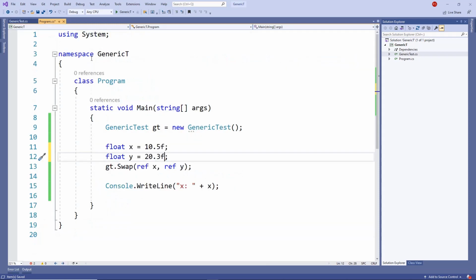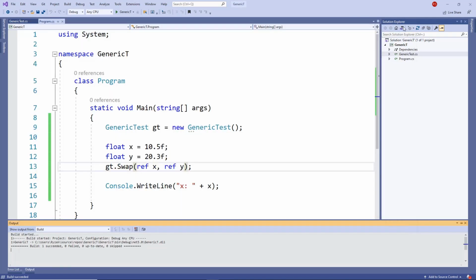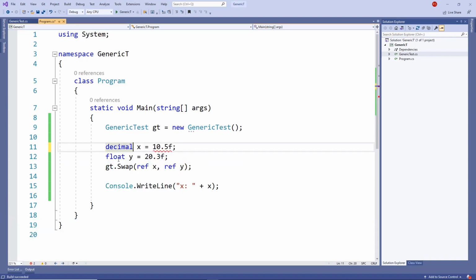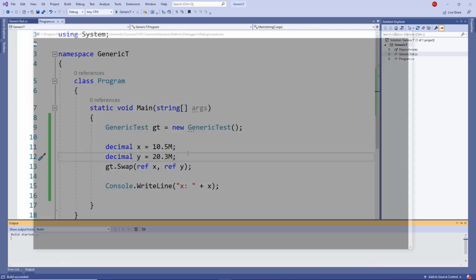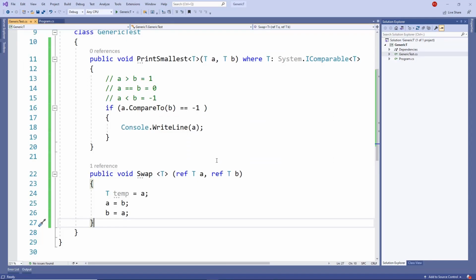So I'm going to go back to my main program. And now, as you can see, I can pass x and y as floats, and this program is going to work just as well as it worked with integers. And if I want to put a decimal, and I run this program, it works as well. So the whole point of using generics is that you can use a generic data type instead of an actual data type, and have your methods be very flexible, where you can use them with different data types that you want to work